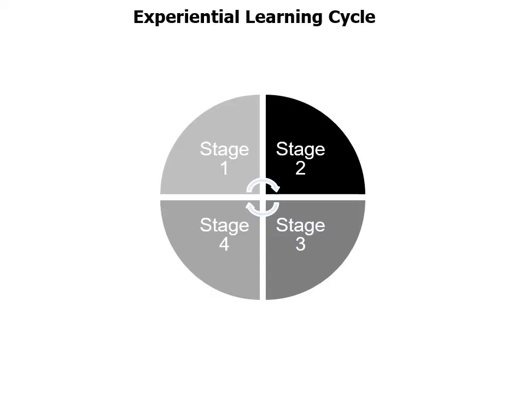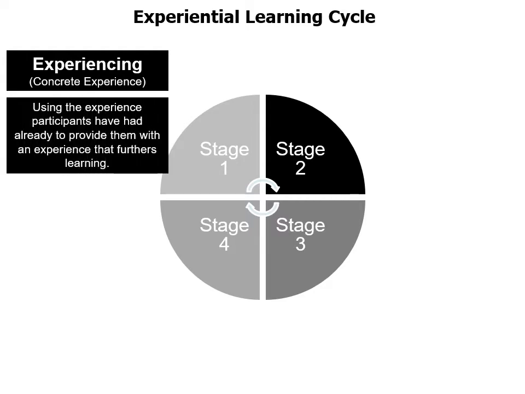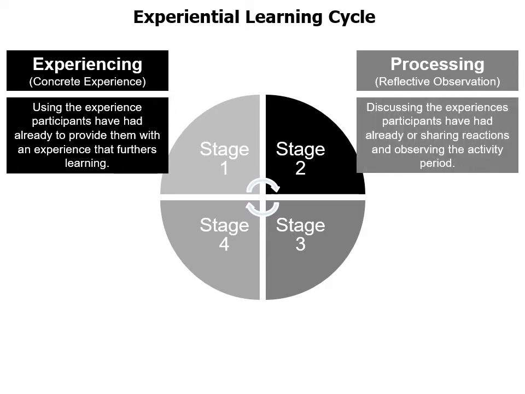Let's look at his experiential learning cycle. Stage 1 is experiencing, concrete experience, using the experience participants have had already to provide them with an experience that furthers learning. Stage 2 is processing or reflective observation, discussing the experiences participants have had already or sharing reactions and